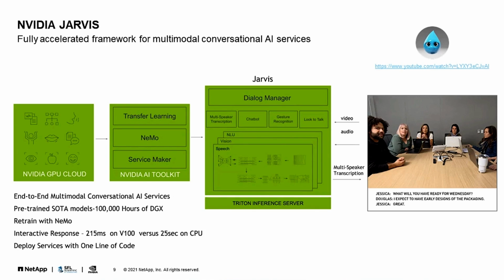The goal of Jarvis is to provide all its services keeping the latency low, ideally below 200 milliseconds, which is considered the limit time budget for real-time conversational AI applications. Jarvis is currently in early access program, but it will soon release as a public beta. Let's take a look at the